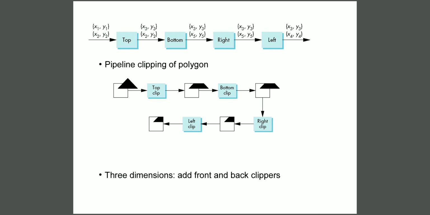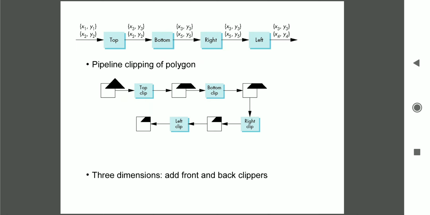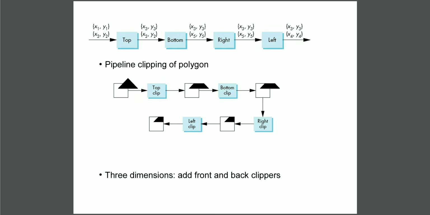When we give this as an input to the top clipper, as we know, the polygon is going beyond the output window, so that part needs to be removed, and the result is given as the output from the top side clipper. Then we give that as an input to the bottom side clipper. We observe the polygon is not going beyond the bottom side, so it is not required to perform any clipping operation by the bottom clipper. The input it received is given as the output.